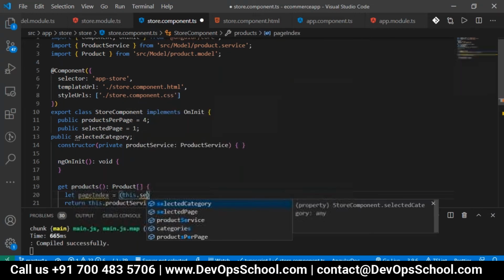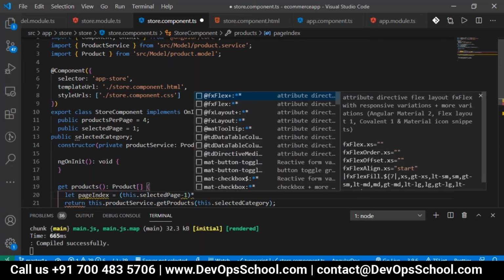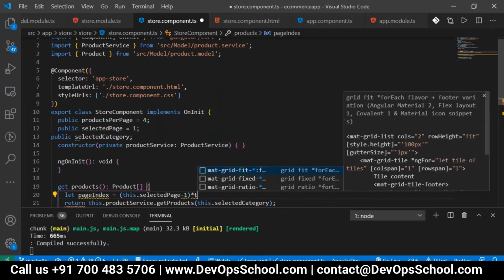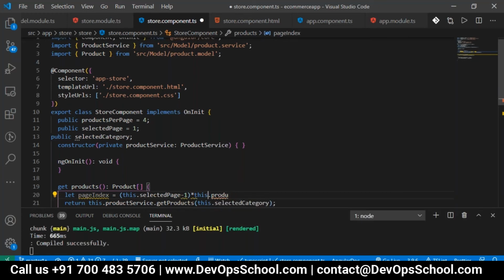For that we have the variable this.selectedPage minus 1, multiplied by the number of products per page, which is this.productsPerPage.